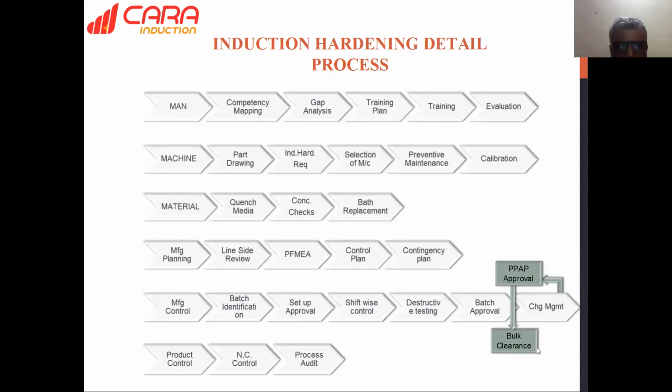Hello, sir. In the induction hardening section, according to man, machine, material, manufacturing planning, manufacturing control, and product control, if we are working accordingly, then there is very good control and we are following a good induction hardening system. These are the graphical presentation. In my next slide, we are going into detail. So next,